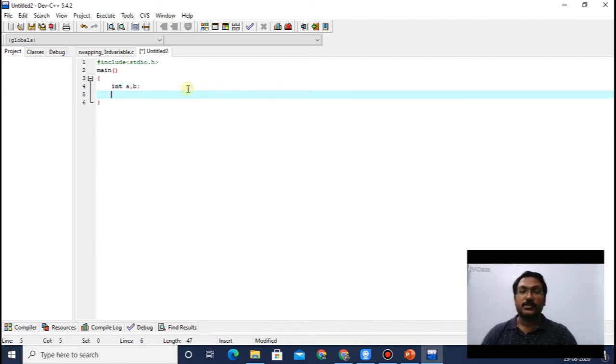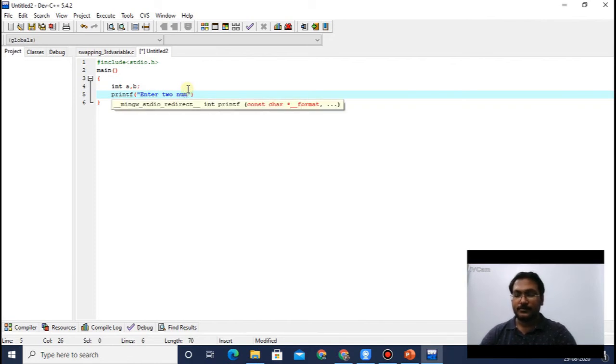Then ask the user to give two numbers. So printf within double quote, enter two numbers. Semicolon.